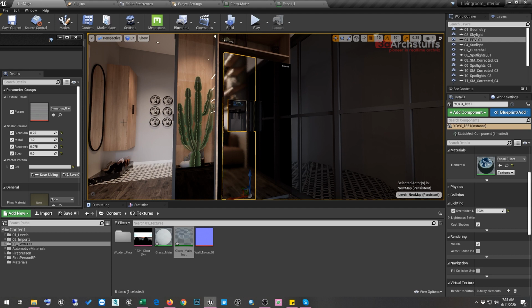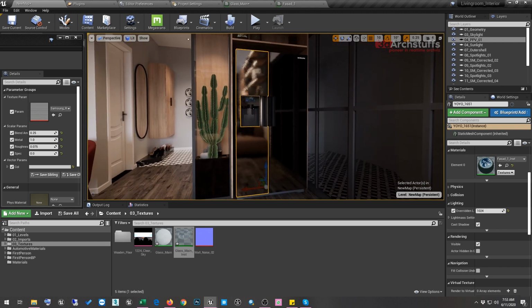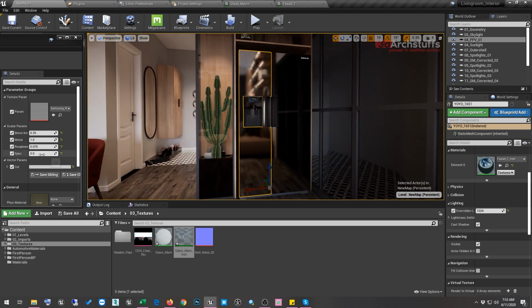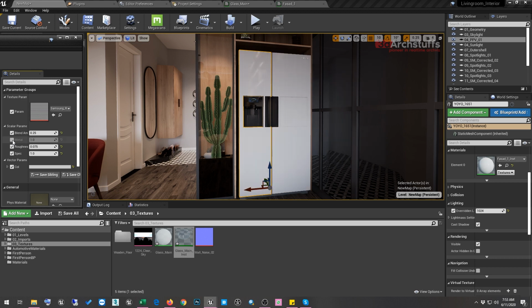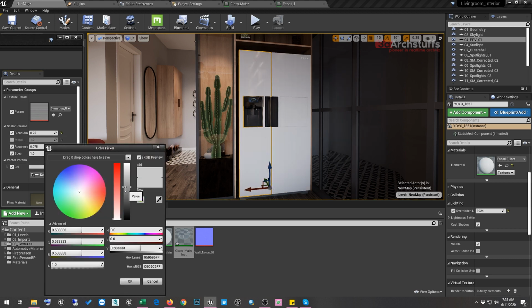And I have applied this on this. Now we are going ahead and changing this material to get the best out of our ray tracing. So I went ahead and made the specular 1, and then we will switch off this metallic value, and then make this a little bit darker.